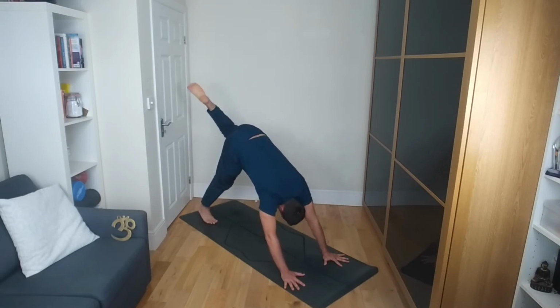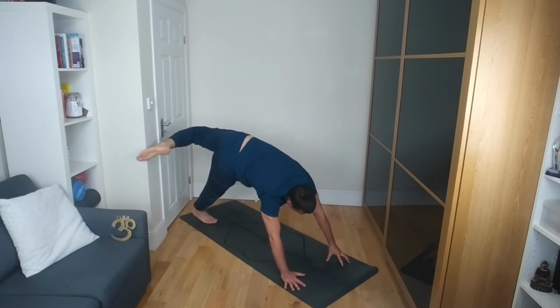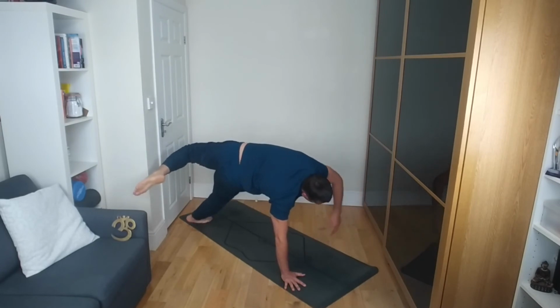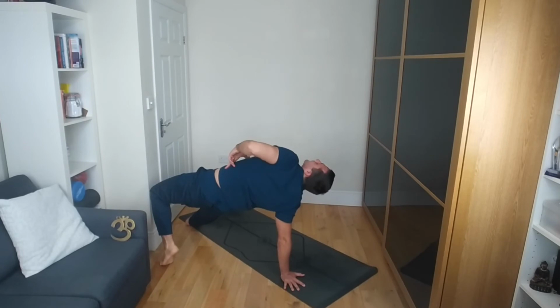Bending the knee, opening up the hip here. Now we're going to start to come onto the fingertips of the left hand. Shift the weight forward so the right shoulder is over the right wrist. We start to slowly open up, lower the heel, lower the left foot to the ground, extend the